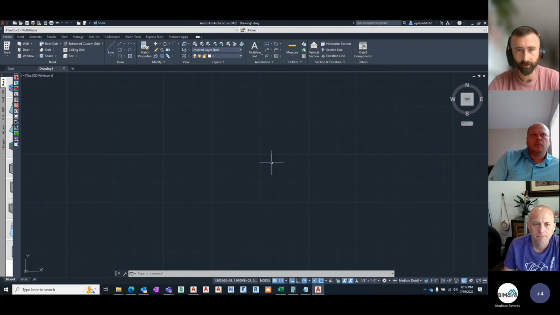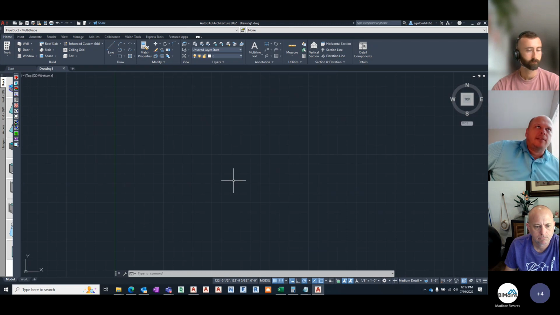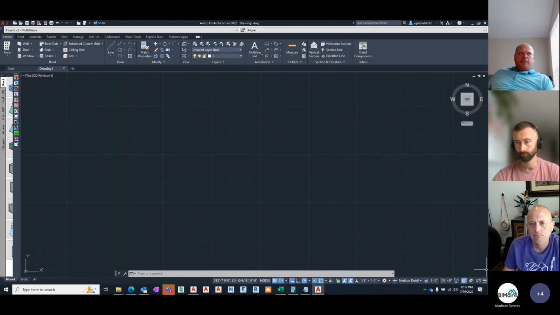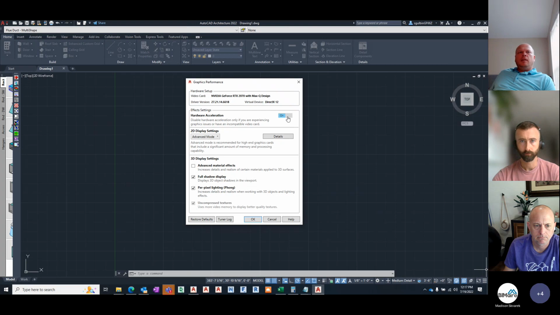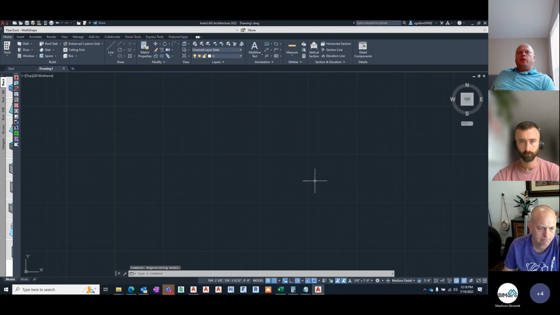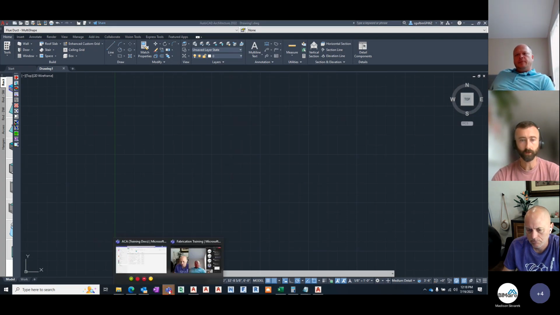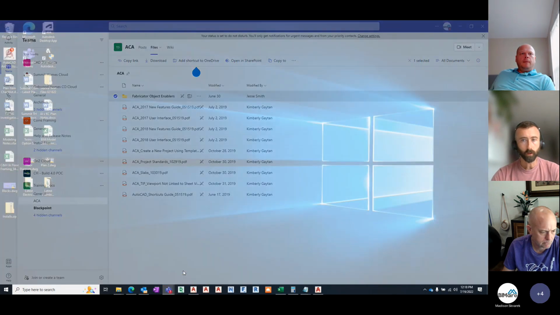What's with the lag on the cursor in this? It's weird. There's like a lag on it. Maybe it's a graphics thing. I wonder if it's got the same setting, like your hardware accelerator and all that stuff. Probably not. You know what else it could be, Sean? Your graphics card might not have fabrication turned on. Oh, okay. It might be trying to use your normal integrated one. Gotcha. Okay, so